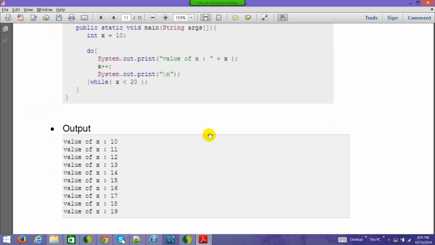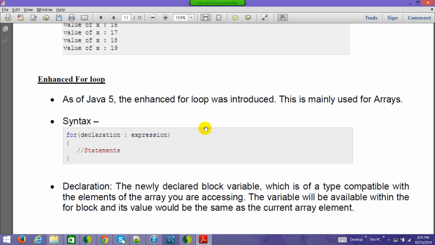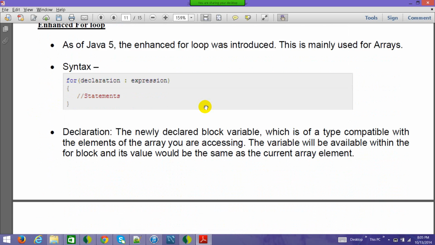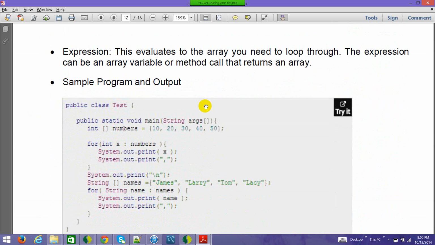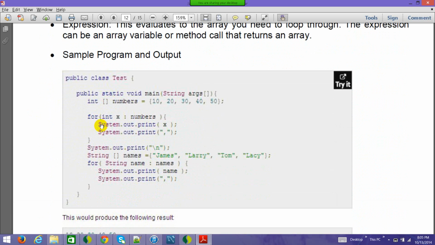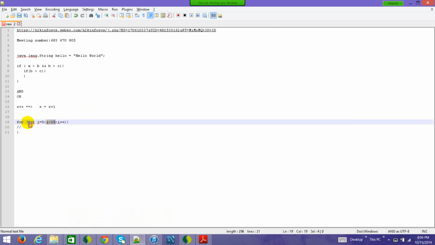So this for loop is available to us, but what changed in Java 5 was that the enhanced for loop was introduced. What the enhanced for loop means will be pretty much clear from the program here. Earlier, before Java 1.5, this was not possible: int numbers, where you have a particular set of numbers and you're iterating over it: 10, 20, 30, 40, 50. This was not possible. One thing which is possible is you define an initial value, you define a conditional statement, and you define how to increment, and this part was optional.